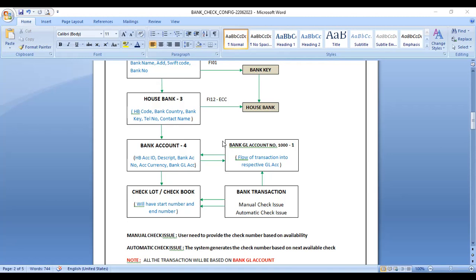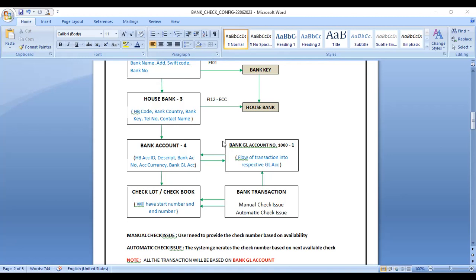The bank GL account. What does the bank GL account do? It captures all the information related to the respective bank transaction and stores it. It is a storing point for all the bank transactions, whether incoming or outgoing, whatever it is. All the transaction values taking place with a bank should flow to the GL accounts to be captured